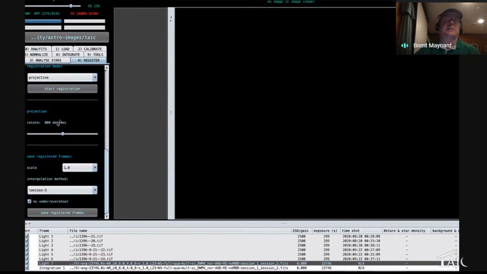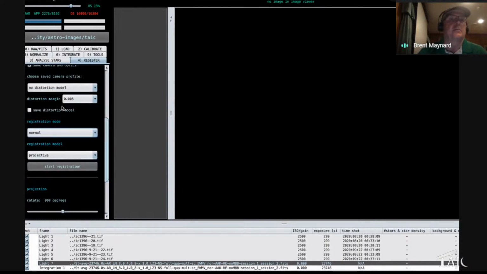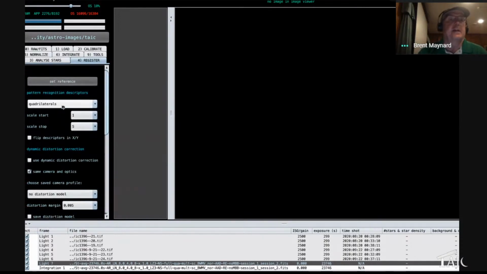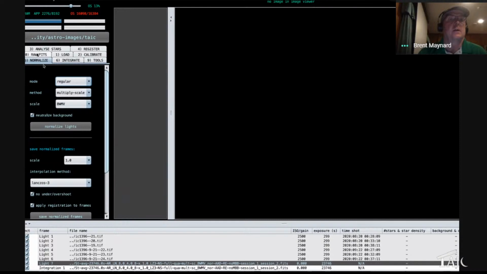It's not as big of an ocean as I mentioned earlier with PixInsight, but it's still a pretty good size body of water of knowledge that, over time, I'm hoping to get more and more comfortable with. But for the basic stuff, I just take the defaults and keep moving along, and it works out well. The normalization,